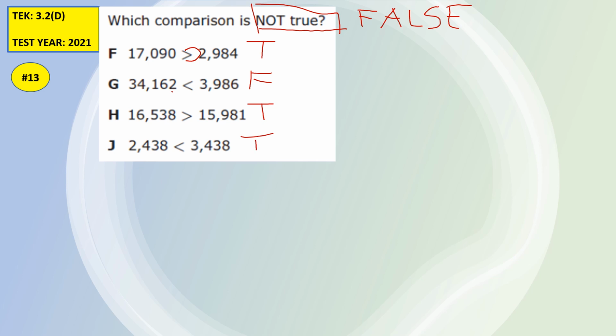So when we look at our notes that we made next to our answer choices, we see that we have 1 false and 3 trues. And the false answer is the one that we're looking for because we're looking for the answer that's not true. So, did you get G as your answer also? If so, that's awesome. If not, that's okay. That's a skill that you might need to practice. Now let's move on to